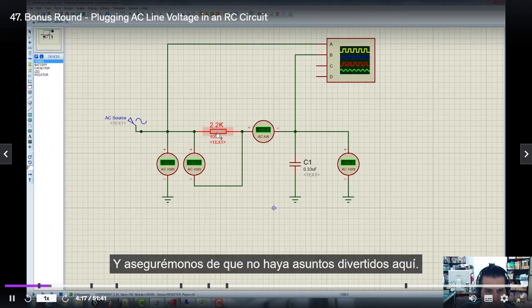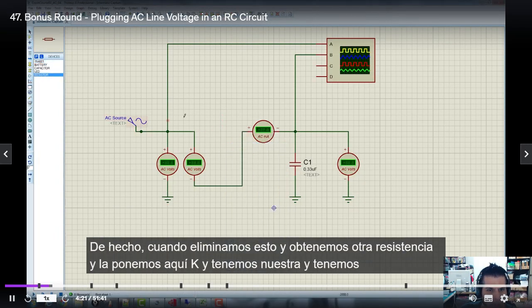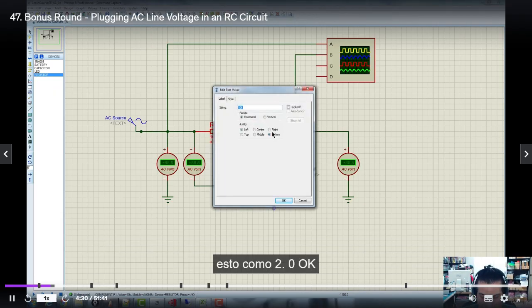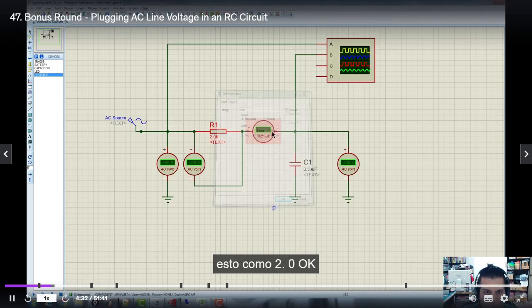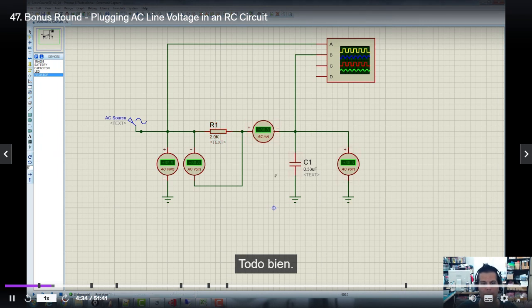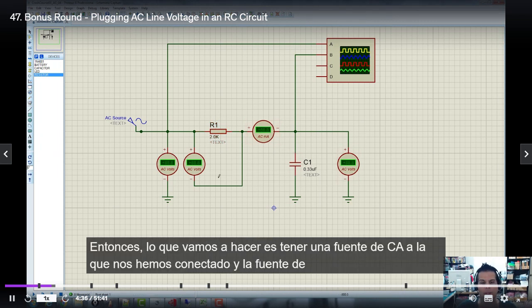And let's make sure there's no funny business here. Matter of fact, let me delete this. Let me get another resistor and put it down here. Okay. And we've got R1, and we've got this as 2.0K. All right. And so what we're going to do is we've got an AC source that we've connected it to,